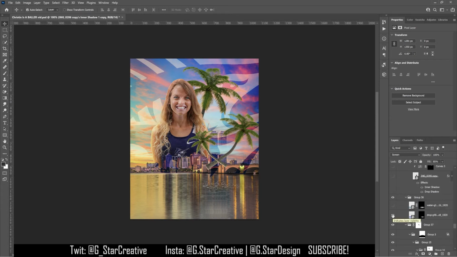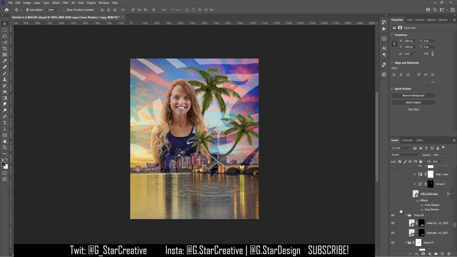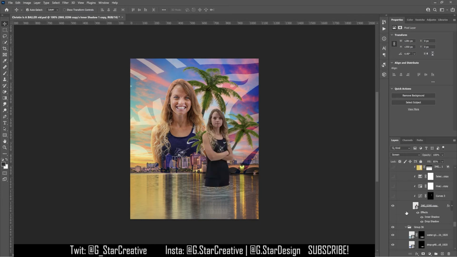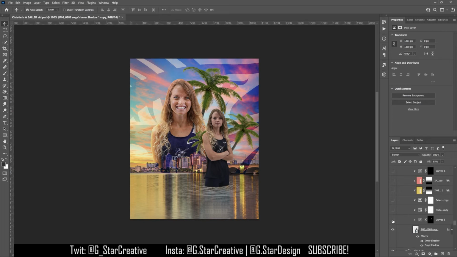So then I added in the ripples for where her second cutout was going to be on her right there. I think I just have a little bit of the inner glow and inner shadow. Basically the same thing we do with the other cutout. Brighten up the face, change the color of the jersey a little bit, change the overall color of the cutout,